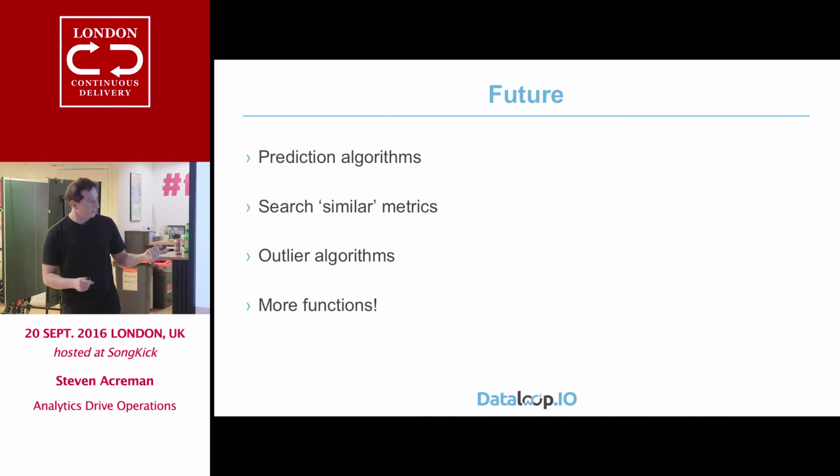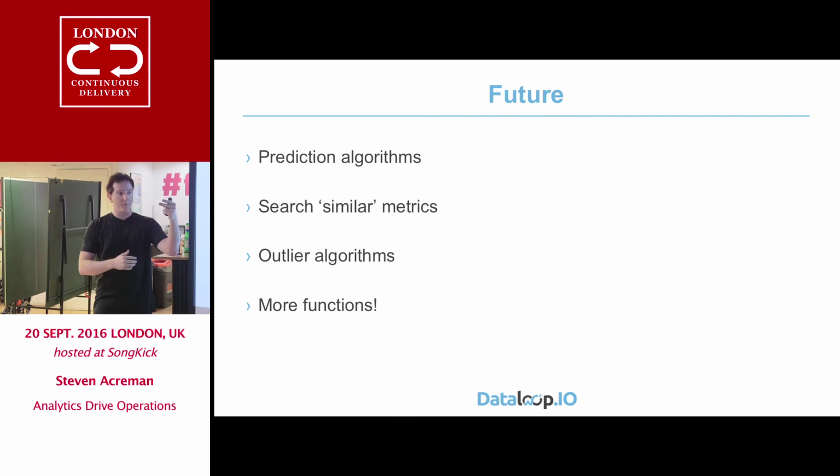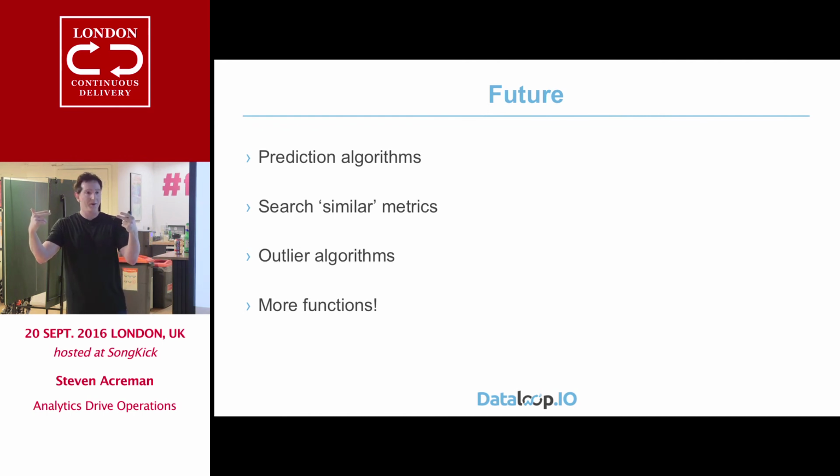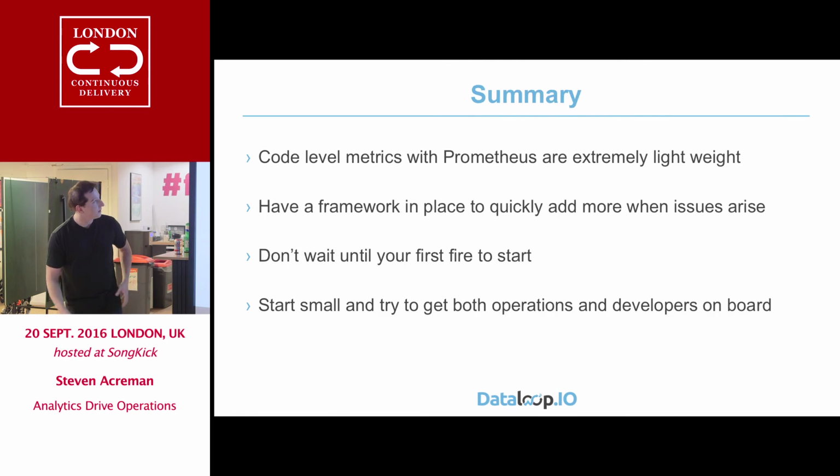Outlier algorithms as well. It'd be cool if you could plot a line above your graph for alerting purposes, so that you could have one query without the function, one query with the function, and then if you subtracted one from the other and it was less than 1, you would then get an alert, because that would give you your outlier detection, so you could see what was going wrong. And there were obviously loads more functions. So quite a short talk, but hopefully I was going to do a rerun of the other one, but I thought I'd do this one.